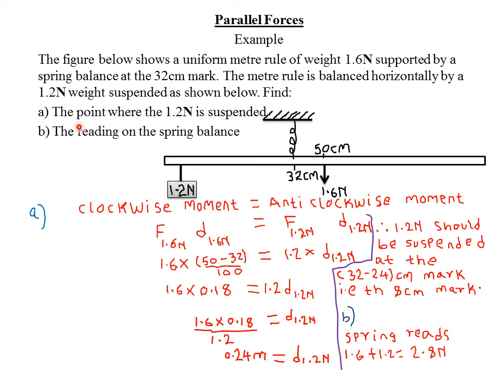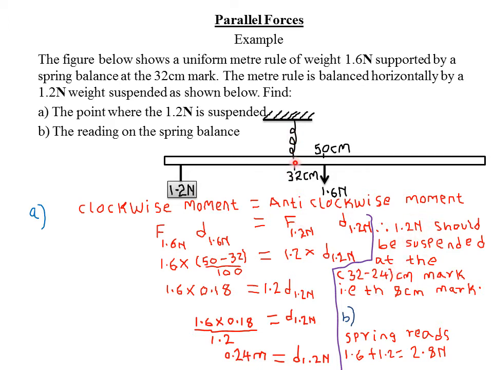Instead, we are asked to find the point where it is suspended. So in short, they want us to find the mark where the 1.2 Newton force will be suspended such that the meter rule remains horizontally balanced. Here, the distance from the 1.2 Newton force to the 32 centimeter mark is 0.24 meters, or 24 centimeters, therefore it means the 1.2 Newton force should be suspended at